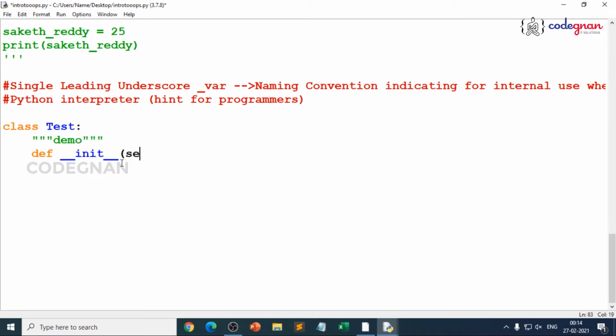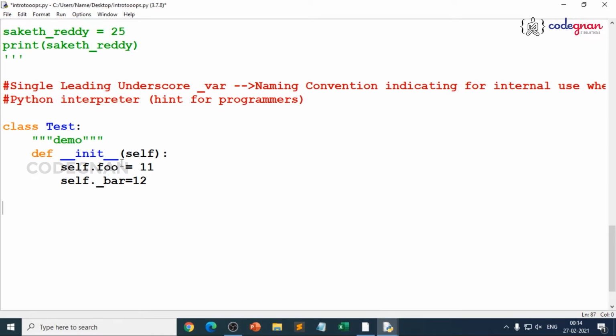The first argument is self. You can pass any other argument, it's up to you. So I give self dot foo, the first variable, and I'm passing some value as 11. Why can't I give an underscore? That is a leading underscore, right? So in place of bar directly, I'm giving it as underscore bar.